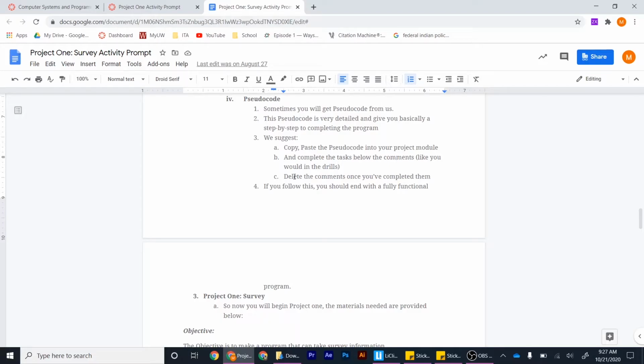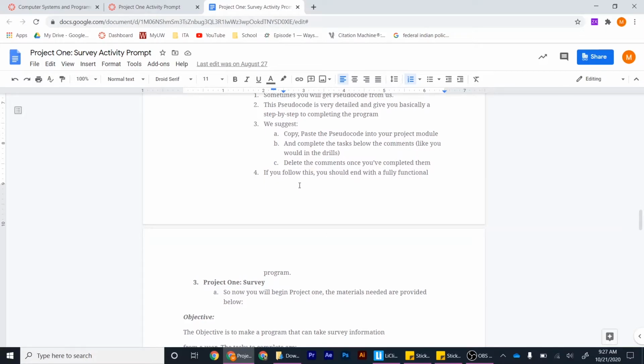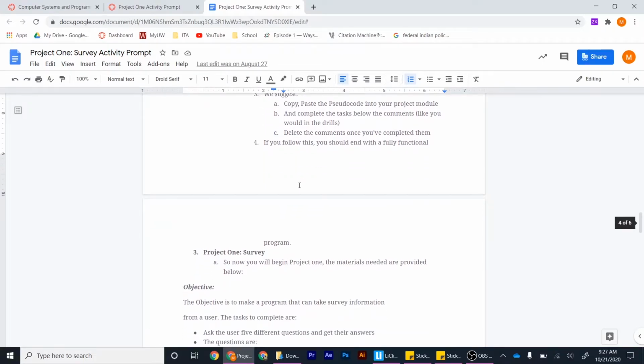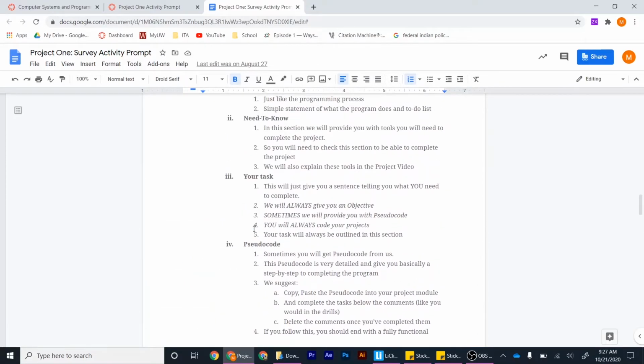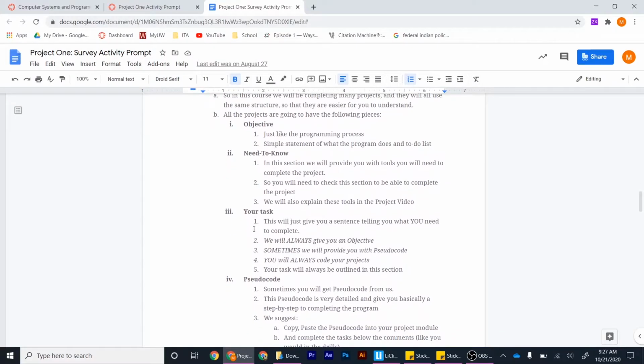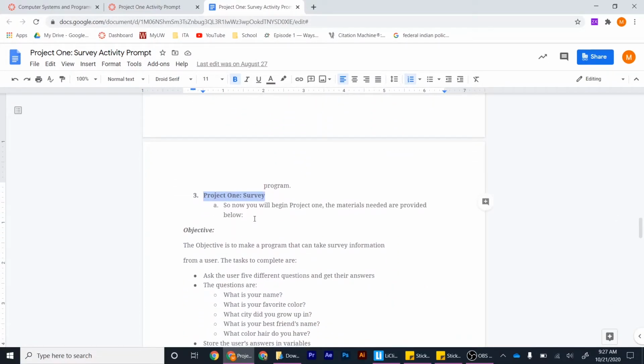And then you can delete the comments once you've completed them. If you follow this, you should end with a fully functional program. And then at the end, the last section, that's all the sections. So you'll get objective, need to knows, your task, and then pseudocode. And now we can actually move on to